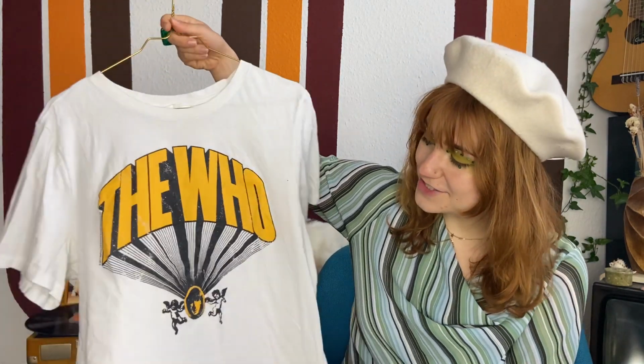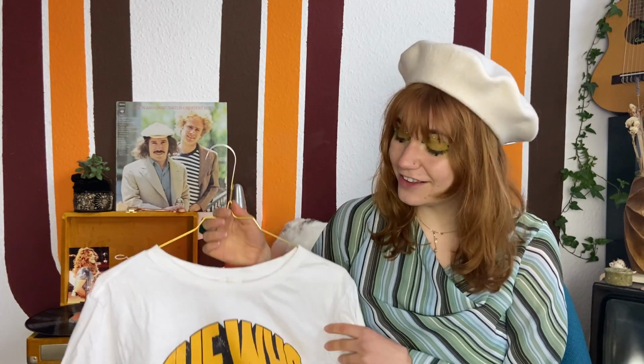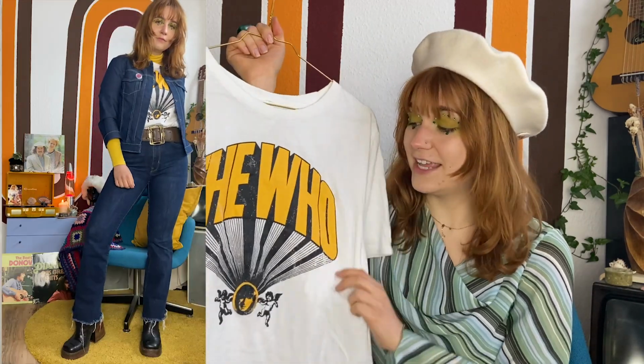And so for this outfit, I layered it underneath this amazing The Who band shirt. I absolutely love this shirt. It is from H&M. I actually got it off Vinted, but I really love it. I personally really love the look of wearing a band tee over a turtleneck. I think it is an amazing look, and since the print on this also has yellow in it, I just